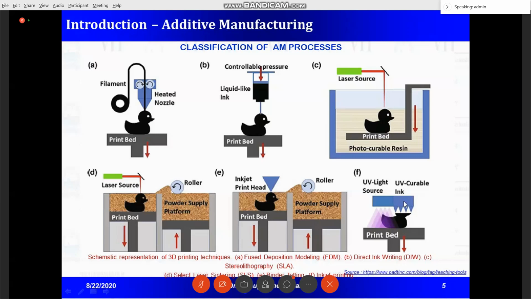The nozzle has two compartments. One compartment will eject a UV resin. Another compartment will have a UV light. So as per your CAD requirement, the first compartment will eject a material and the second compartment will cure the material. Same as this process, but here the material is in the tank. Source is from the top. In this case, the material as well as the source both are from the top.